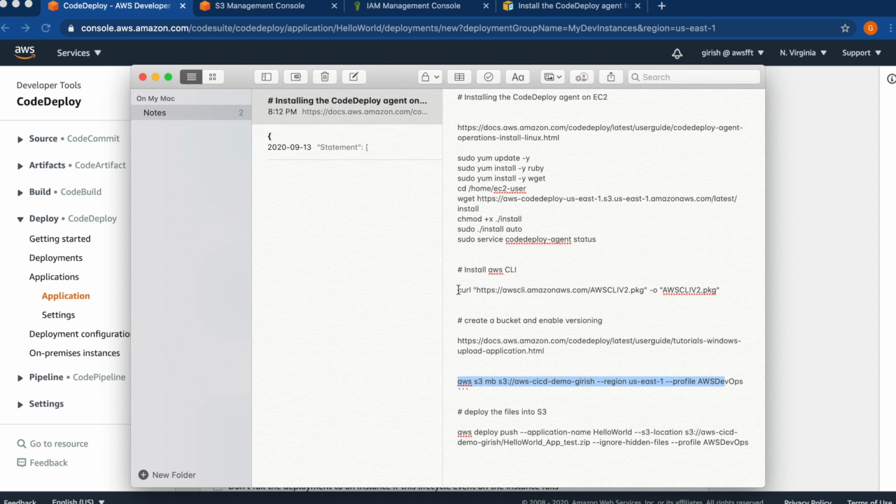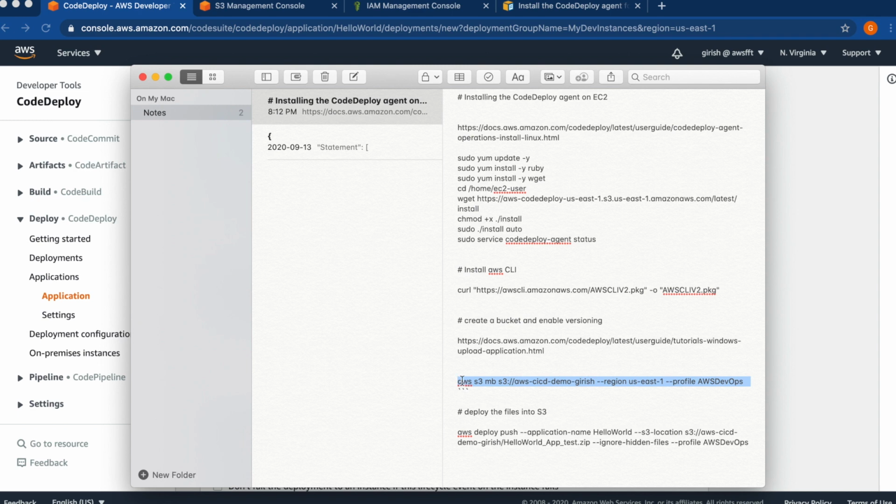You can just use this command to install it. I'm not going to show the installation because I have already installed it, but you can just use this command, get the package and install it. This is fairly easy, same as the CodeDeploy agent we did on the EC2 server. You need to do it on your local system and it's straightforward.